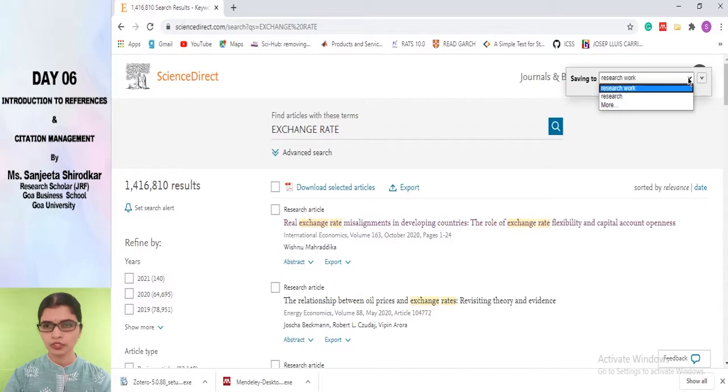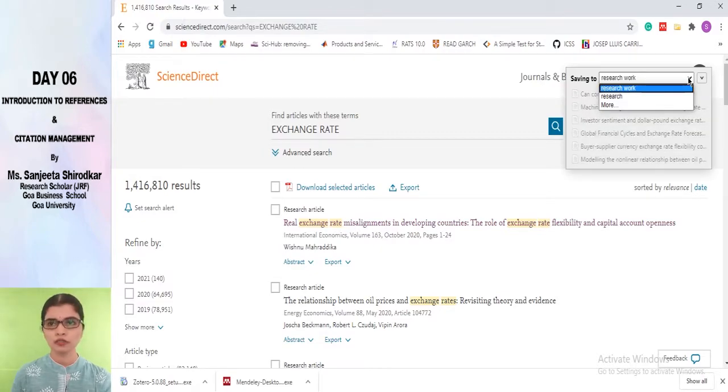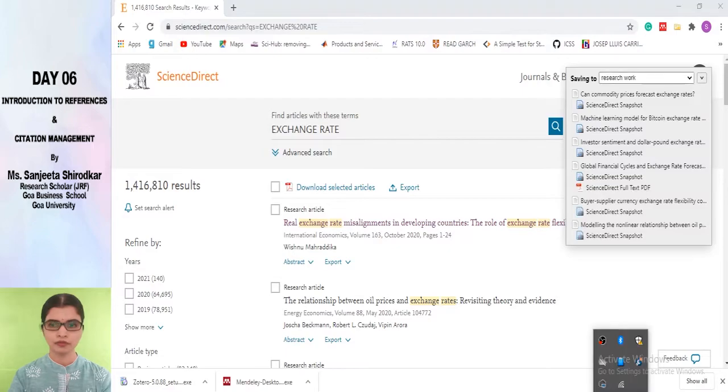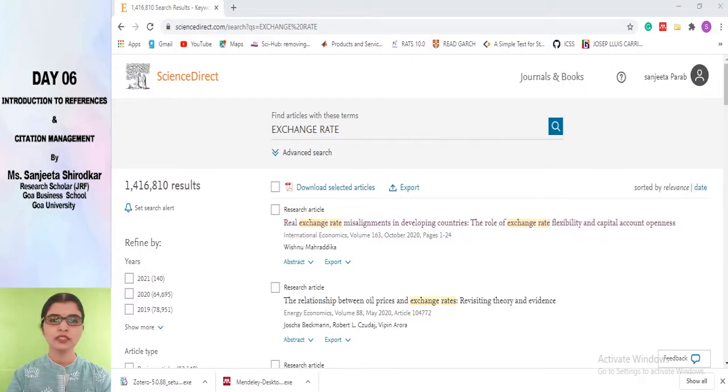and you could change the location where you want to save it. So I'll choose Research Work because that's the folder which I have created for collecting the references, maybe based on a particular area. Or you could straight away save to your library also, but to avoid being a little clumsy and to be a little more organized, it is more advisable that you save it in your folder itself. See, here you would see wherever there are PDFs available, they will also be extracted. And since we are trying to pull in multiple files, it might take some time. So it has been saved already.